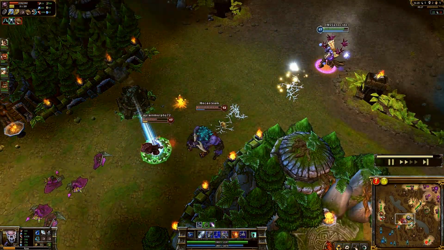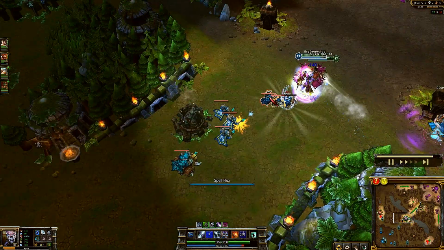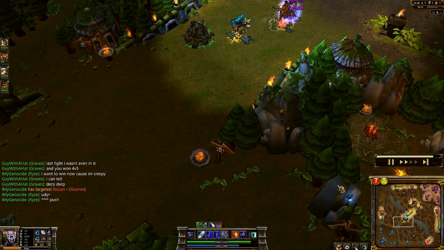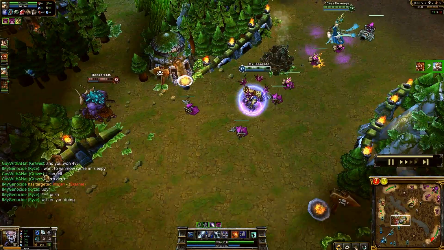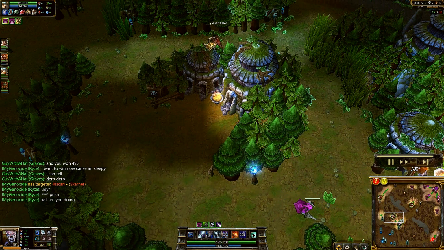And I had to flash there, or else I would have been stunned. Once you get stunned, Alistar is going to come at you with his combo. You're going to die instantly. I knew there we could have been pushing, but then he still goes back to his jungle 30 minutes in. And then he